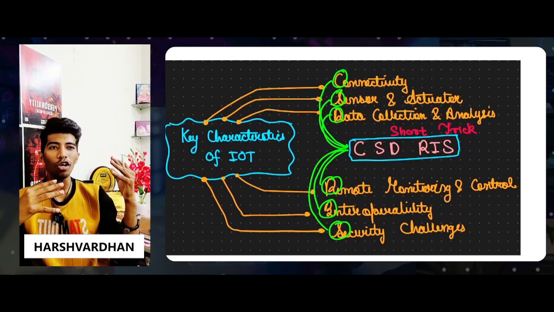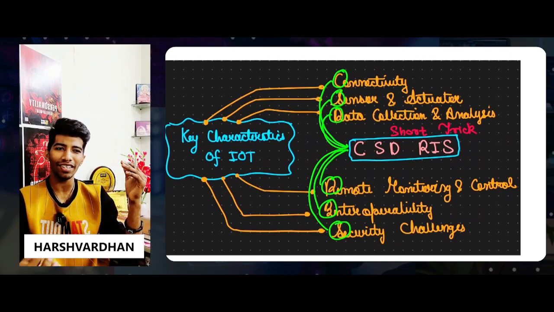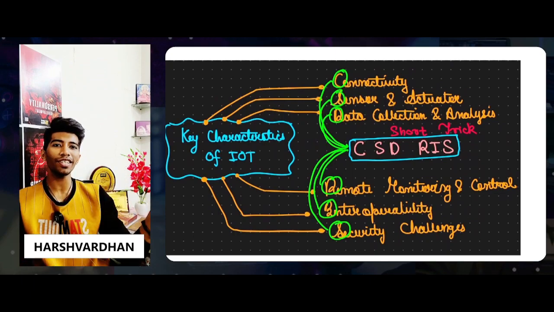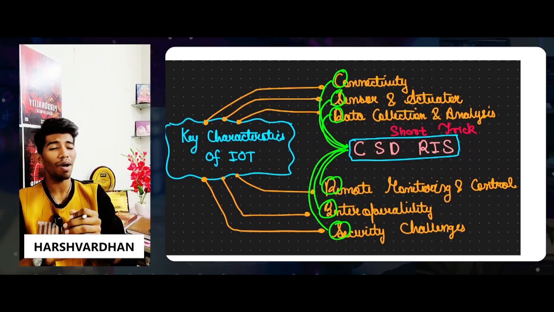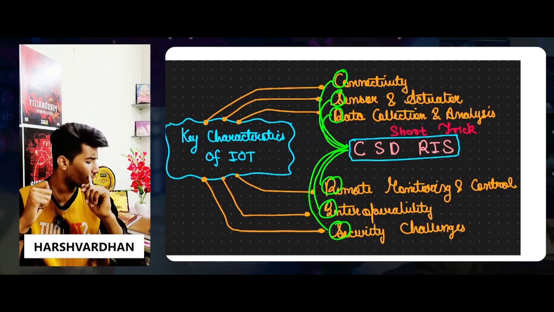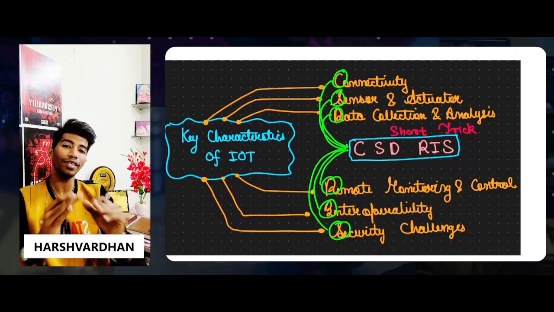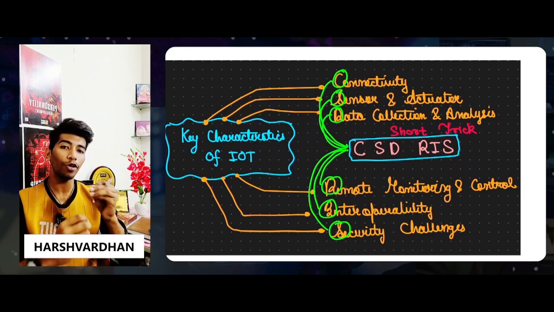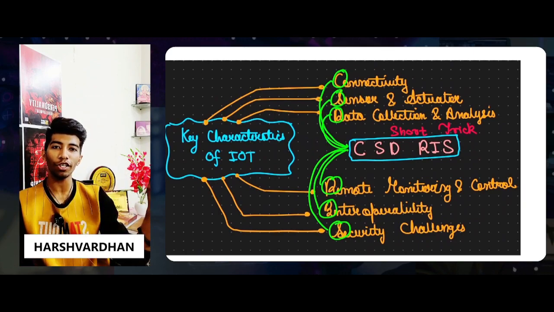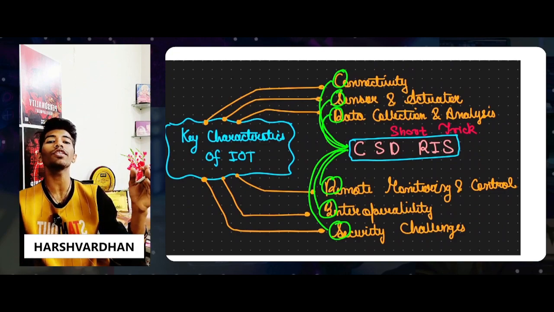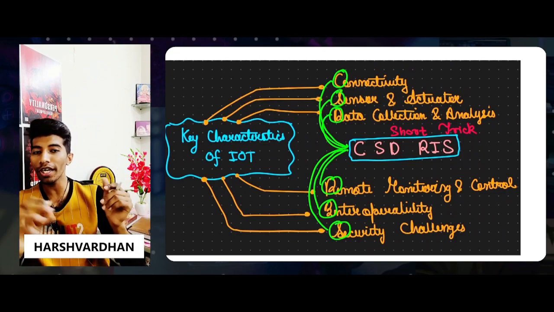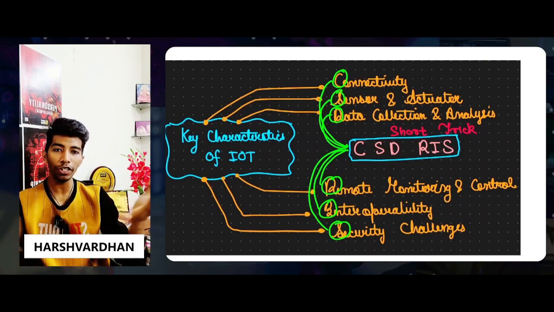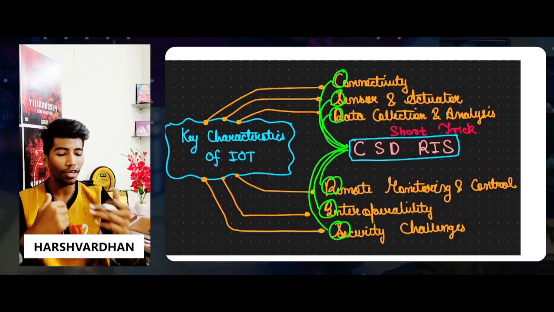They actually convert the signals into motion. Take it like this: suppose there are automatic sliding doors, which you have seen in markets, and nowadays in every big office you see automatic sliding doors used. These are actually IoT based. The sliding motion created by that particular system is done by using actuators, because they are converting the signal into that motion, that response. So you can understand it like this.